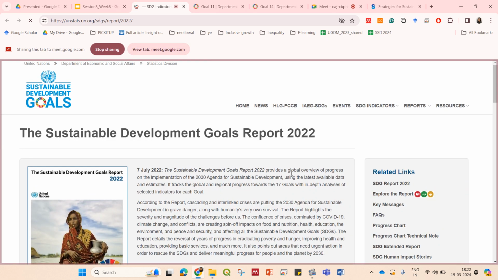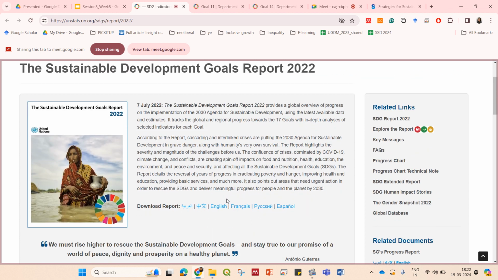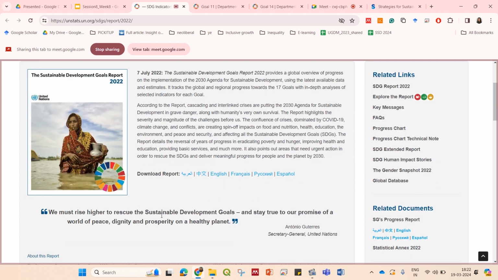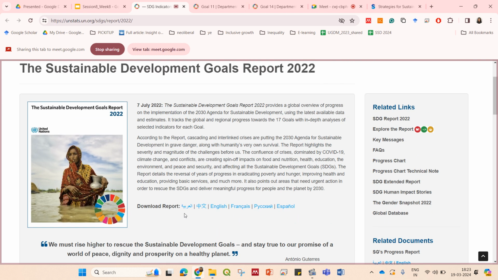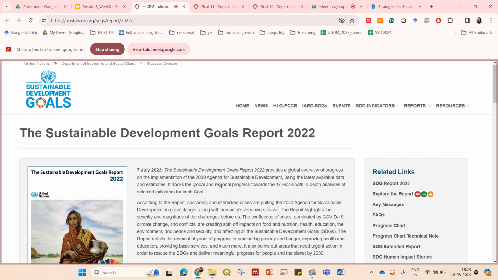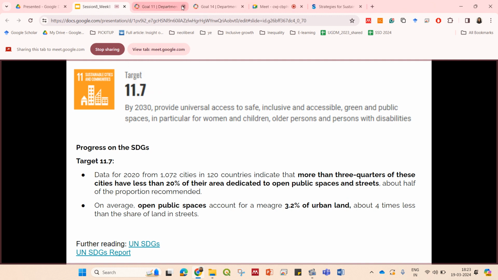There is a Sustainable Development Goals report which is released every year. For example, this is the report for 2022, and you can access this report as well. For each goal or each indicator, you can further read in detail about what percentage of the SDG has been achieved, which target has been achieved, or which targets still have significant gaps, and things like that. So if you want to access more information about the achievement of SDGs and particular targets, you can access this report as well. Coming back,